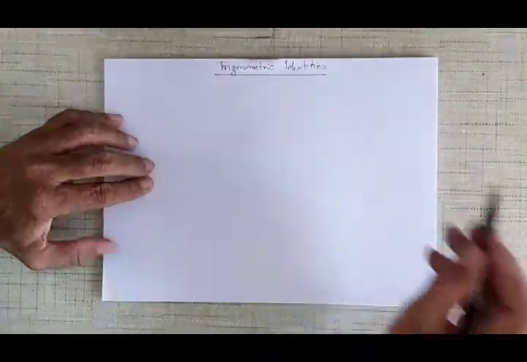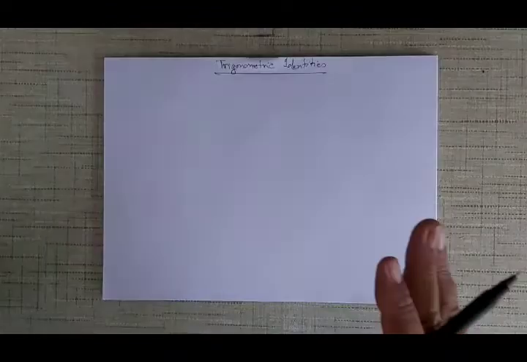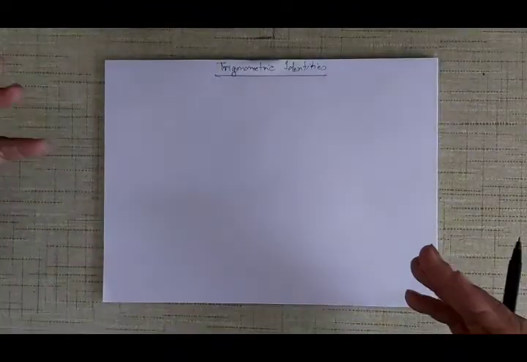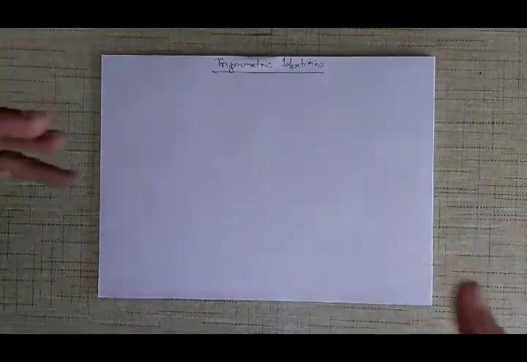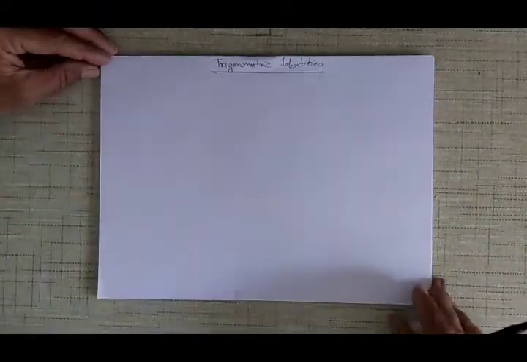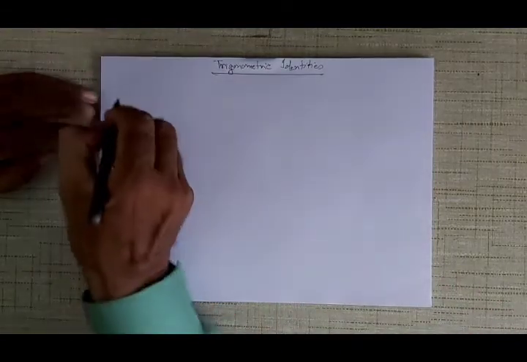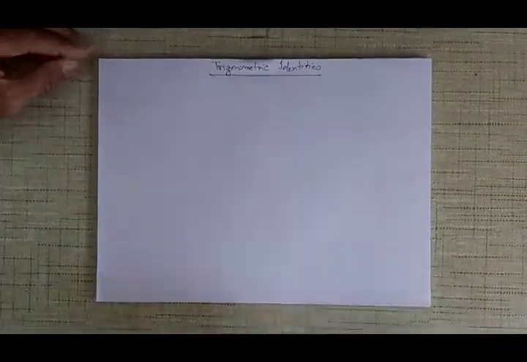Now in this video and the one after this, you will have to be very careful. Today I am going to discuss trigonometric identities, what they are and how some of them are derived. I will also show you some examples based on that, and then tomorrow we will do exercise 8.4, which is the most important one.